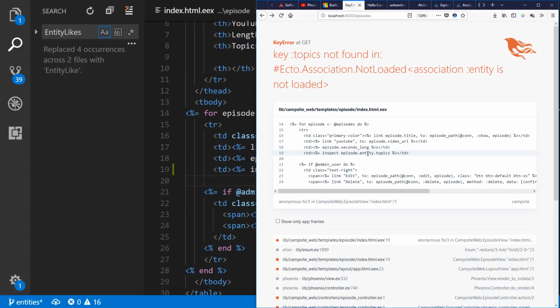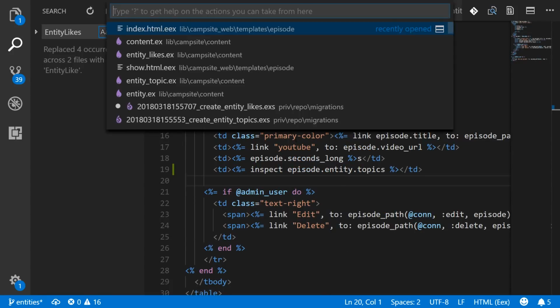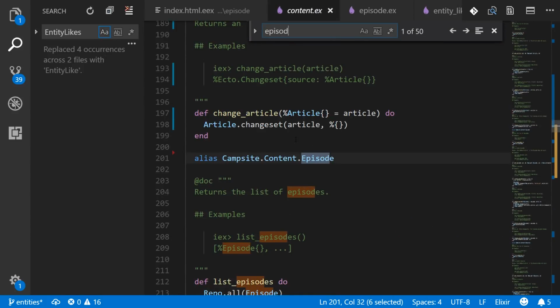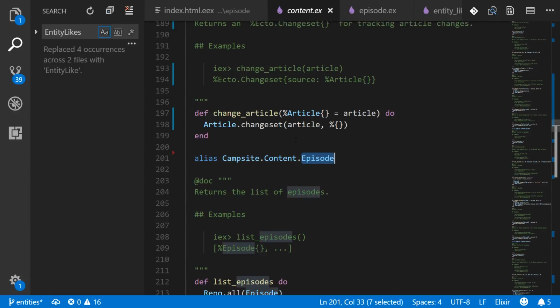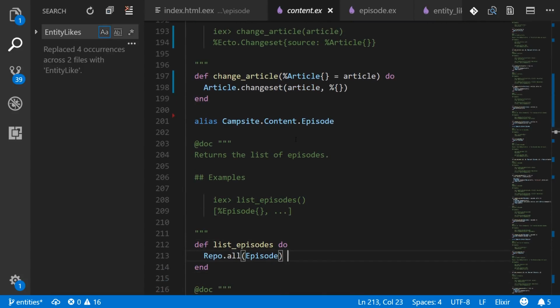And it looks like the entity is not preloaded, and that is because even though we set it to preload on an episode, this is getting all episodes. So we need to actually put that preload on the list as well. So we'll open up the context and go to episodes.list. Okay, list episodes. There we go. And we need